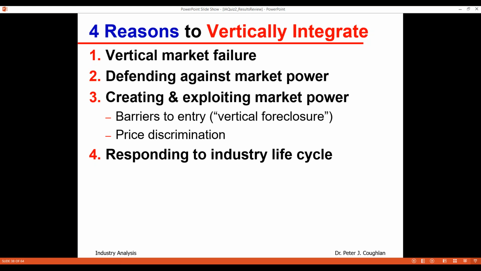Well, one way you can do that is if you vertically integrate into the segment that is price sensitive, the ones that would not pay a higher price, right? And you basically buy those buyers. So now you're selling to yourself because you own that buyer, and then you can charge the higher price to the other segment, right? You allow yourself to price discriminate by vertically integrating into the price sensitive segment of the market. Very textbooky, but it is one example, and it does happen. But I think more important probably is the idea of creating barriers to entry or restricting opportunities for competitors by